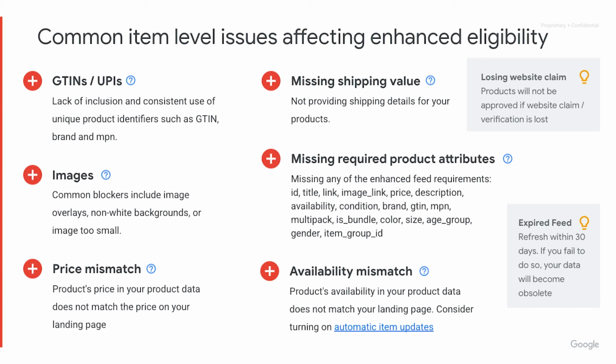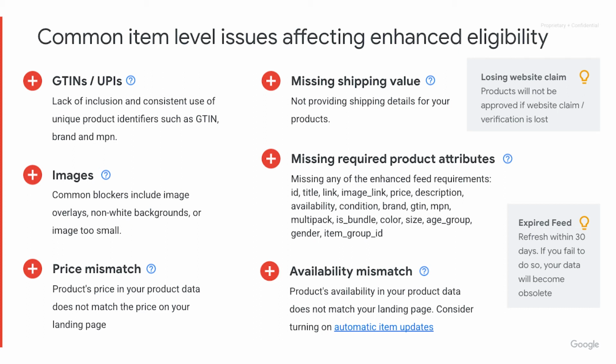Images. Common blockers include image overlays, non-white backgrounds, or images being too small. Make sure that you provide a high-quality image with no overlay, no promotional text, with a white background that can provide a great example of what your product is.